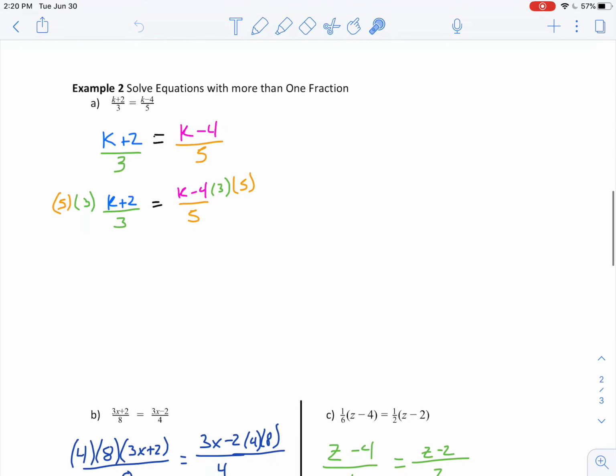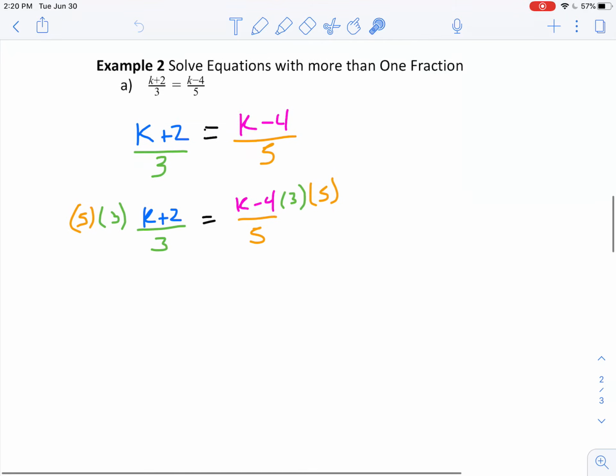When we're solving equations with more than one fraction, as I've written out here, I have k plus 2 over 3 is equal to k minus 4 over 5. Now, what I need to do is I need to get rid of this denominator. And how do I do that? Well, I multiply it by a factor of 3 in order to cancel out, and I've written that here. So if I multiply this by 3, we know that we need to do the other side by 3 as well. So that would in effect cancel out the